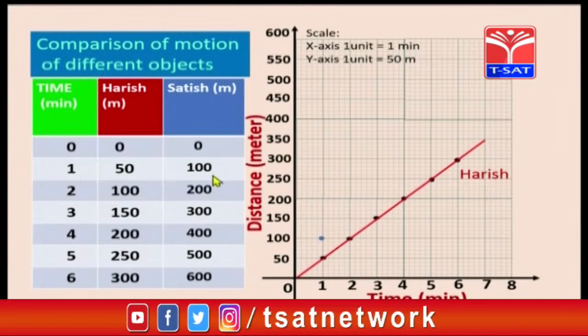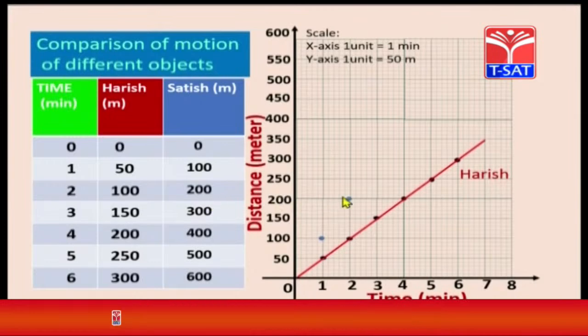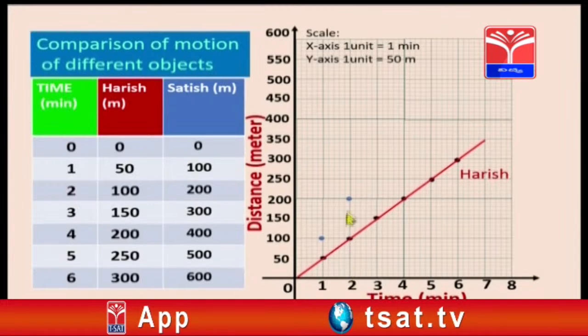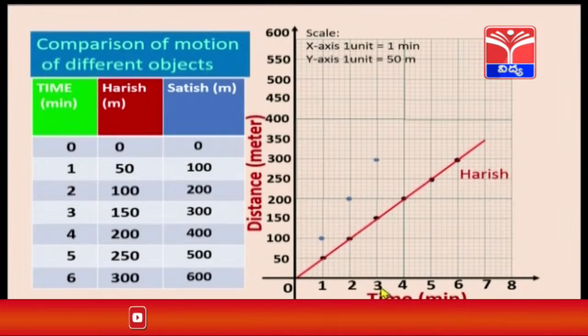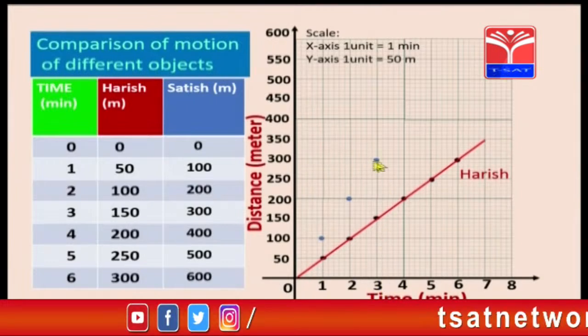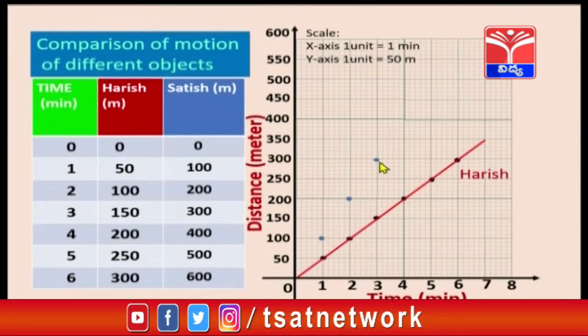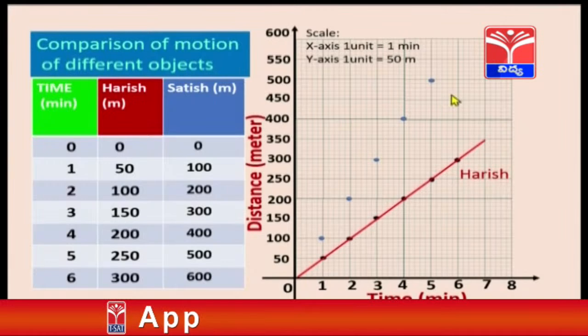After 2 minutes he covered the distance of 200 meters. After completion of 3 minutes, the total distance is 300 meters. Like this, if you draw the graph, you will get